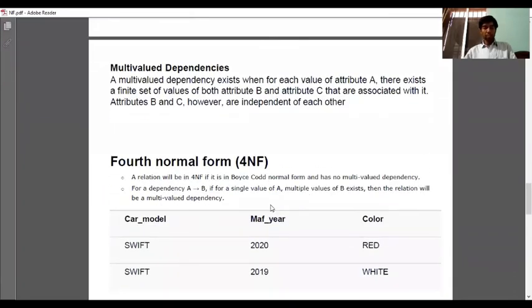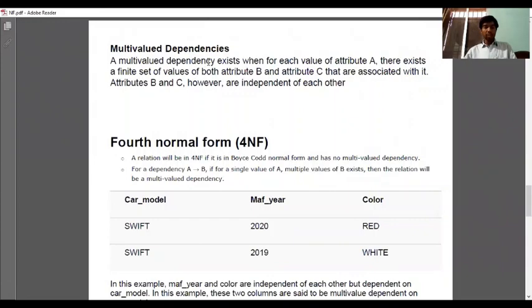Now let's move again. Multi-value dependency. A multi-value dependency exists when for each value of attribute A, there exists a finite set of values of both attribute B and attribute C that are associated with it; attributes B and C, however, are independent of each other. So the concept of multi-value dependency is we must have three attributes,